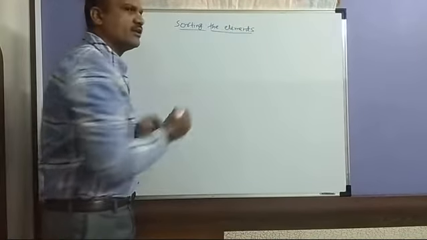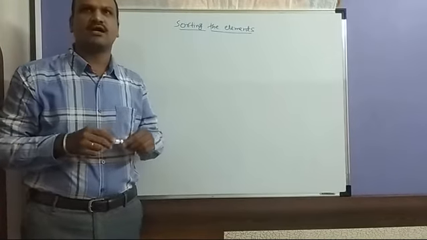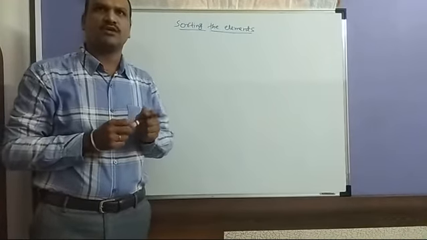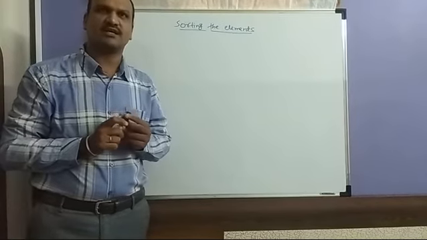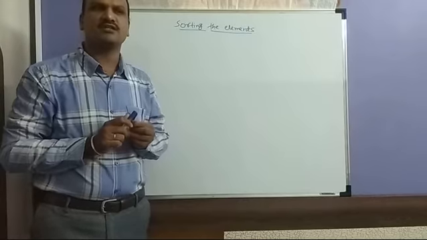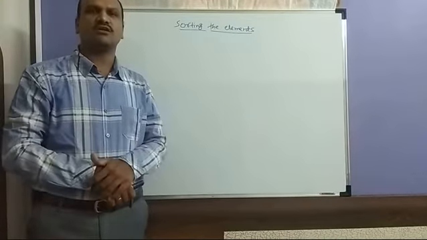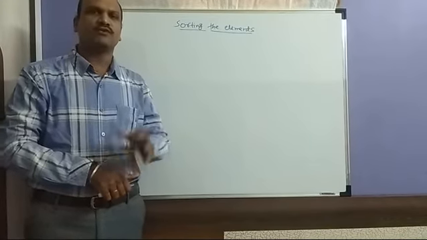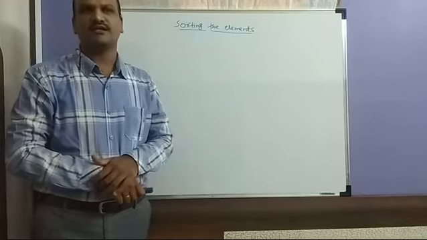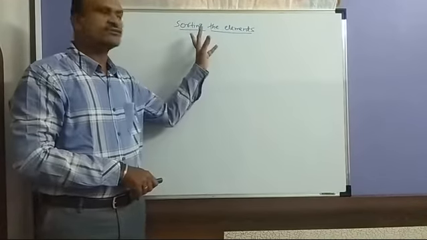So as we discussed earlier, the definition of sorting is that the elements present in the array have to be arranged in some order. What does order mean here? Ascending order or descending order. The arrangement of the elements of the array in ascending or descending order is called sorting.